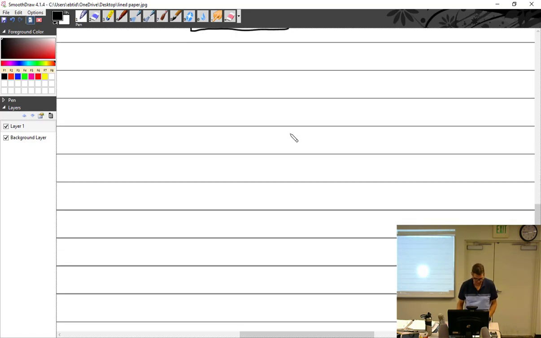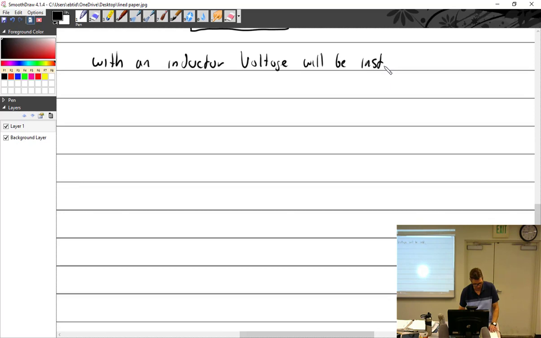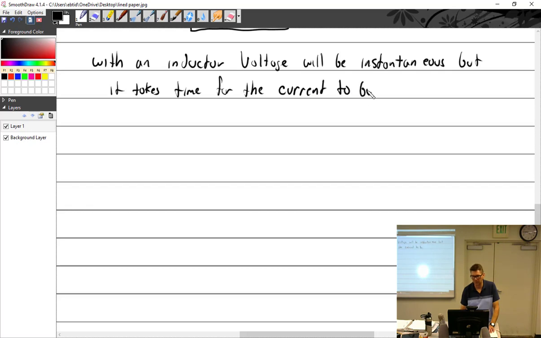All this to say, with an inductor, voltage will be instantaneous, but it takes time for the current to build up. Therefore,